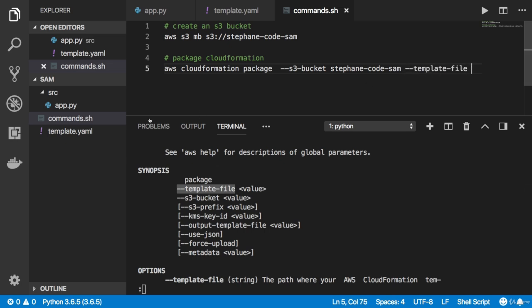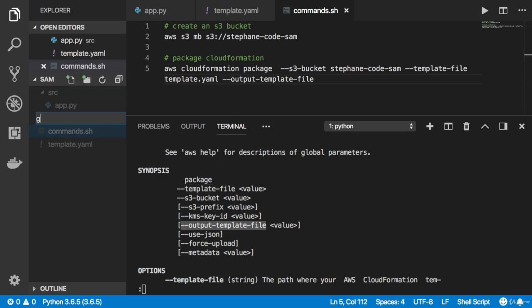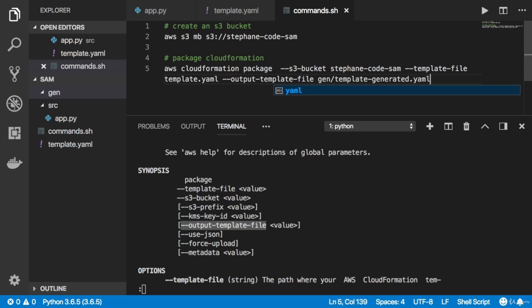So the template file we have is going to be template.yaml. And then the output template file, because we generate something, is going to go under a gen directory. So I'm just going to have a gen directory because we generate code. So I'll say gen, and here I will say template-generated.yaml. Okay, so this is going to be our transformed CloudFormation template.